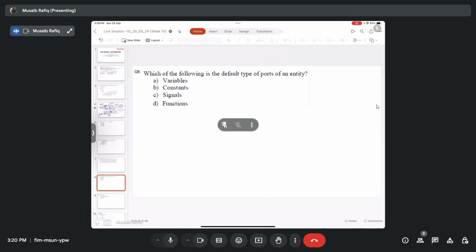The correct answer to this question is signals, option C. So basically input and output signals are taken by default as signals. So in an entity, when we define